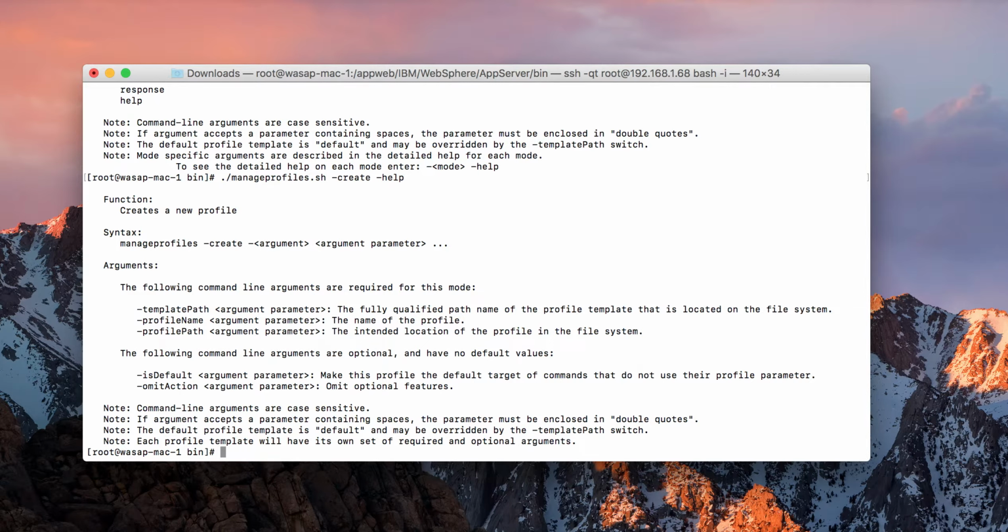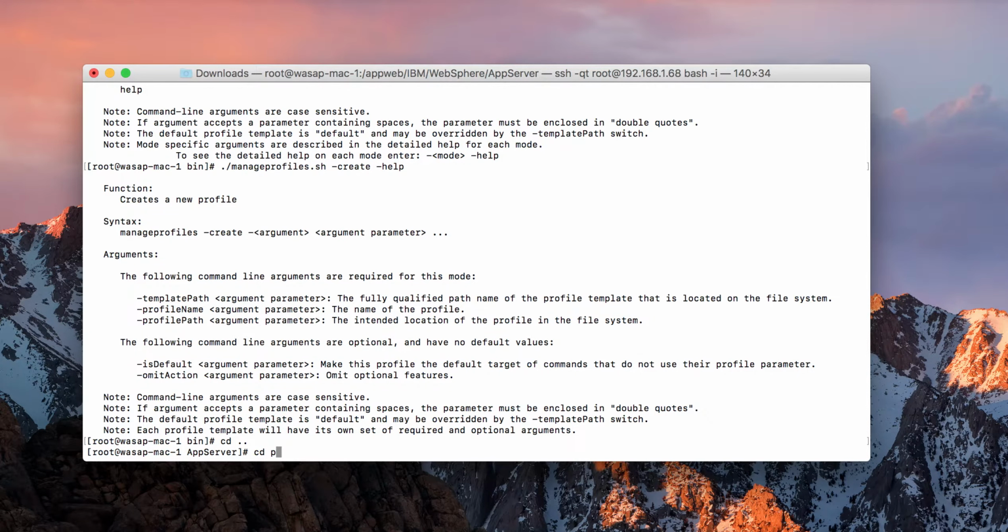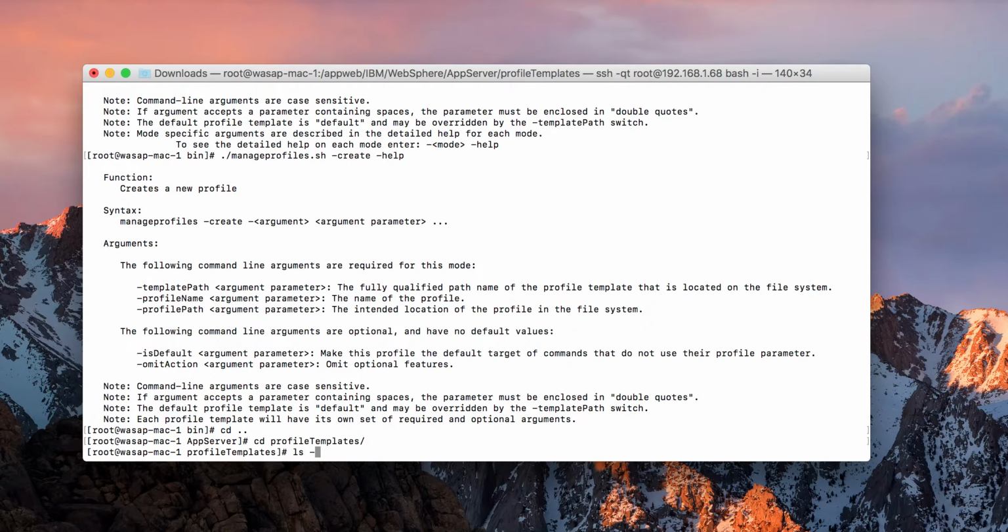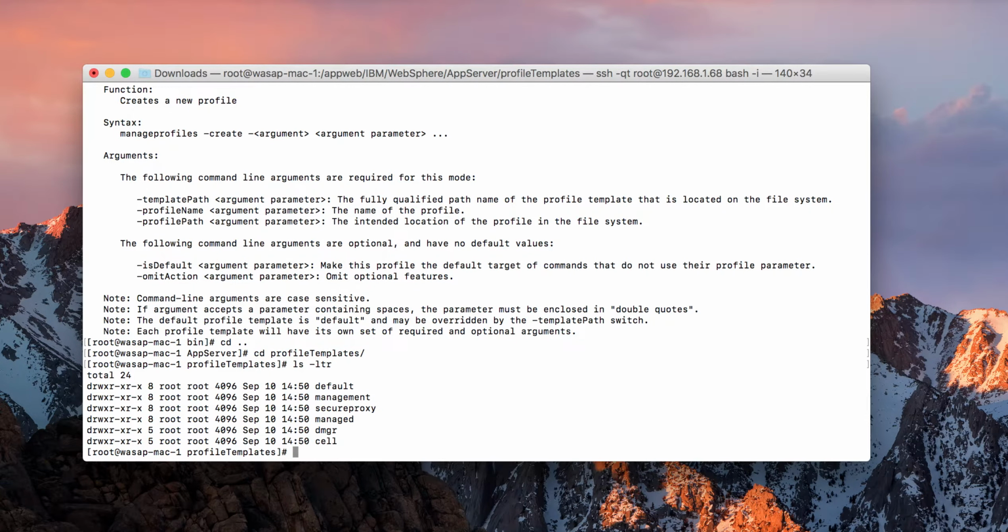Here the mandatory arguments to create the profile are template path, profile name, and profile path. Let's find out what the template path is. Go back to the previous directory, the product directory, and cd to profile templates. Here are the template names for each profile. Default is the template name for the application server profile,